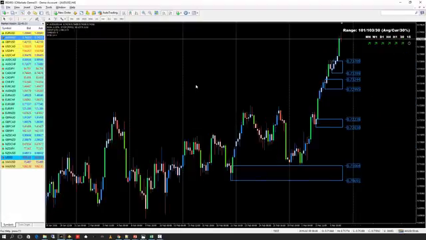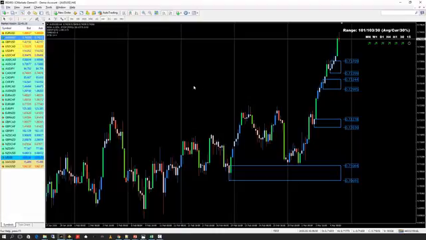Good. And then this is what we're looking at. And then you want to find out where you want to enter. Well, what would you normally do? Well, which one of these do you take? Do you take this one, or that one, or that one, or that one? Well, ideally you want to take the one that's closest to price, which would be the one in the top